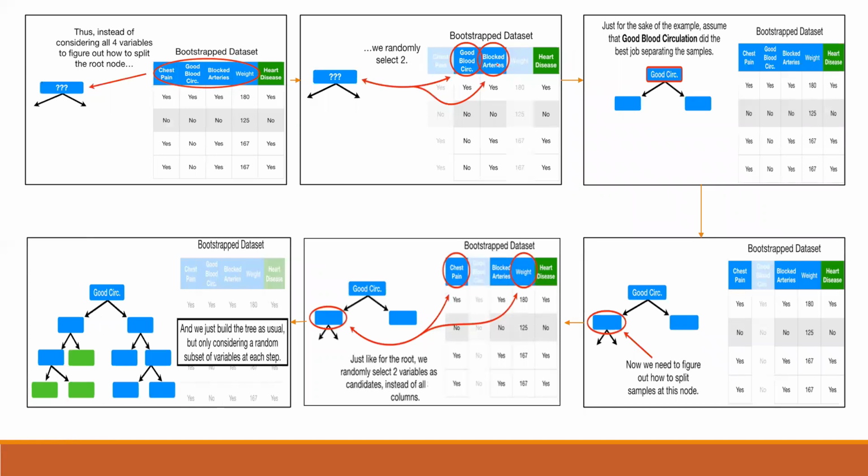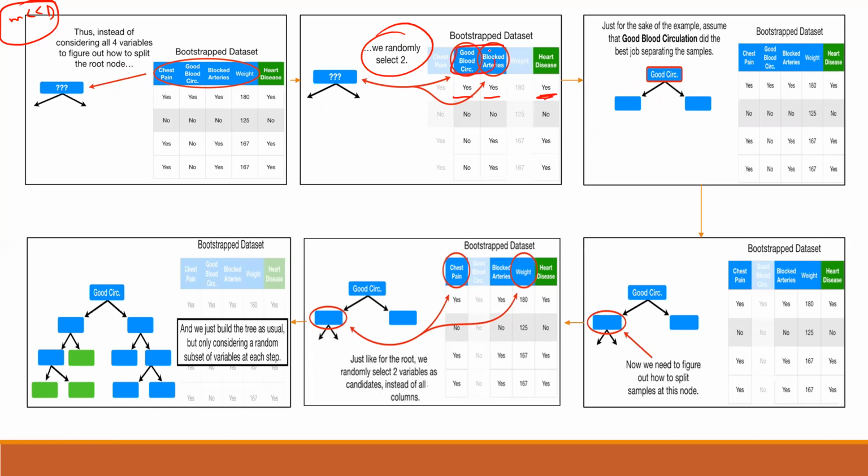So what has to be done is we have to initially take only two columns out of the original dataset. Obviously there was a condition of m less than d, right? So it means that you have to take less number of columns. So instead of considering all the four variables, we are going to select only two: good blood circulation and blocked arteries. Based on these two values, we will be trying to do the prediction.